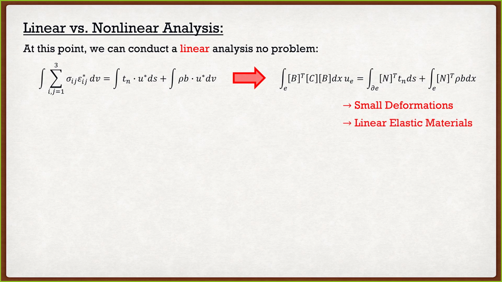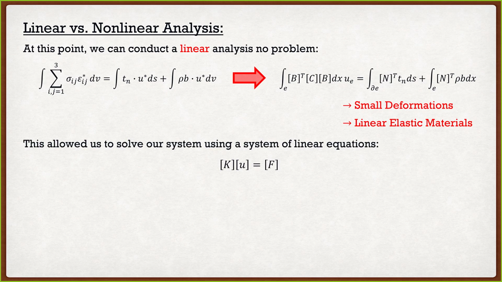Now, another thing that we did is we assumed a linear elastic material. This created a nice relationship between our stresses and our strains. Remember that we can find our stresses just by multiplying our strains by a matrix, basically. And we said if we have an isotropic material or an orthotropic material, all we're really doing is changing that matrix. That was it. Now, this was nice for us because this created a nice system where we can solve our problem using the following equation, where we have our stiffness multiplied by displacement is equal to basically our nodal forces. And again, everything was kind of independent of each other.